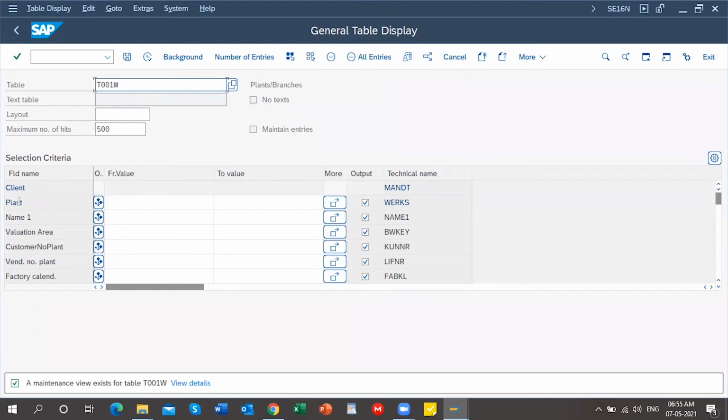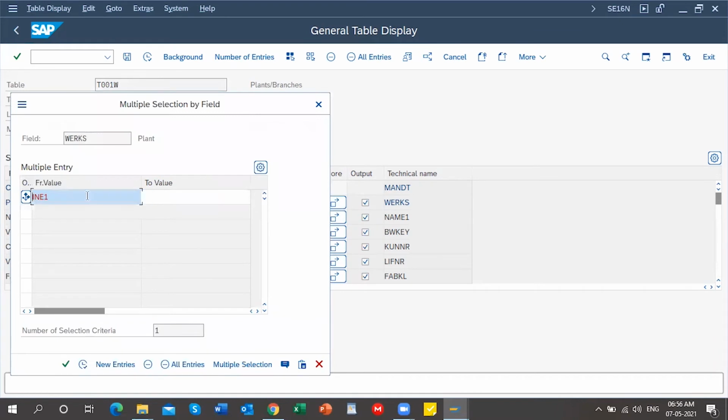Here you have an option like plant. Just enter the plant which you have created in the system, like INE1, or if you want to view all the plants which you have created in the system, click on this more option and new entry, and enter another plant number as INE2 or something like that.